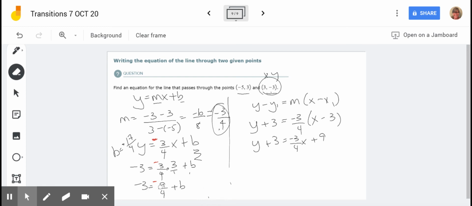Okay, so it's going to be negative 3 plus 9/4 equals b. And then change it to a common denominator, negative 12/4 plus 9/4 equals b. And then you get 12 minus 9 is 3/4. So b equals negative 3/4. That sounds more like Alex. So here we go. We would be subtracting 3, and you get y equals, ooh,